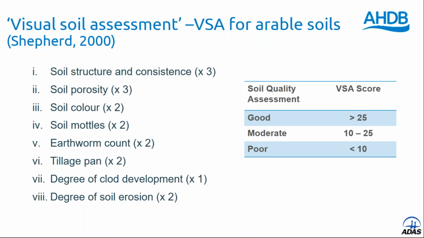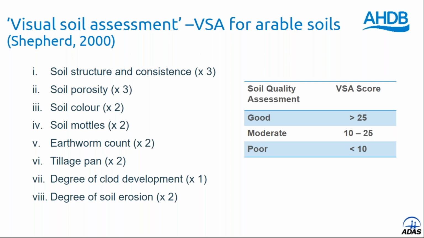And then you organise those aggregates into size classes. Then for each of these different properties, soil structure, consistence, porosity, colour, there's a pictorial guide within the guidance so that you can compare what you see according to 3 pictures, and then you score it, you multiply it by those factors that are in brackets, and you end up with a